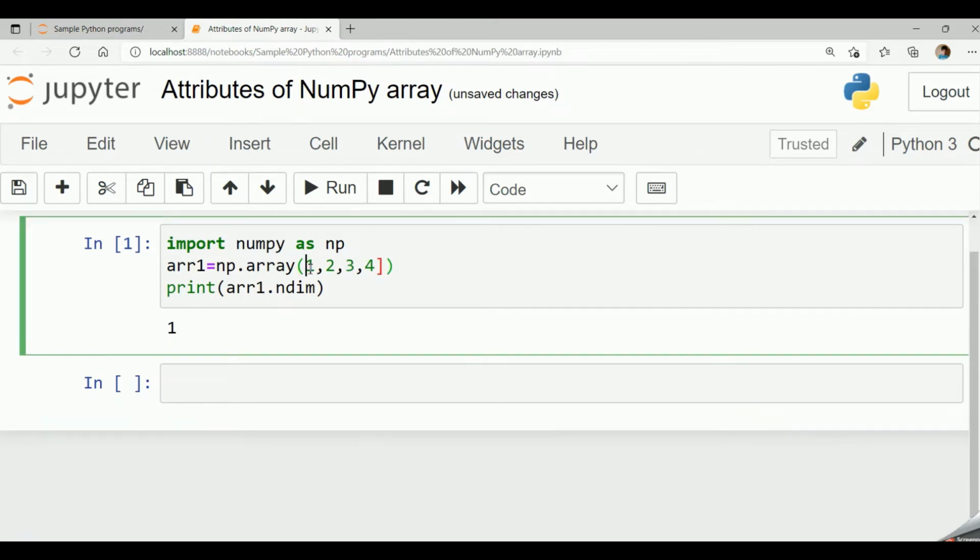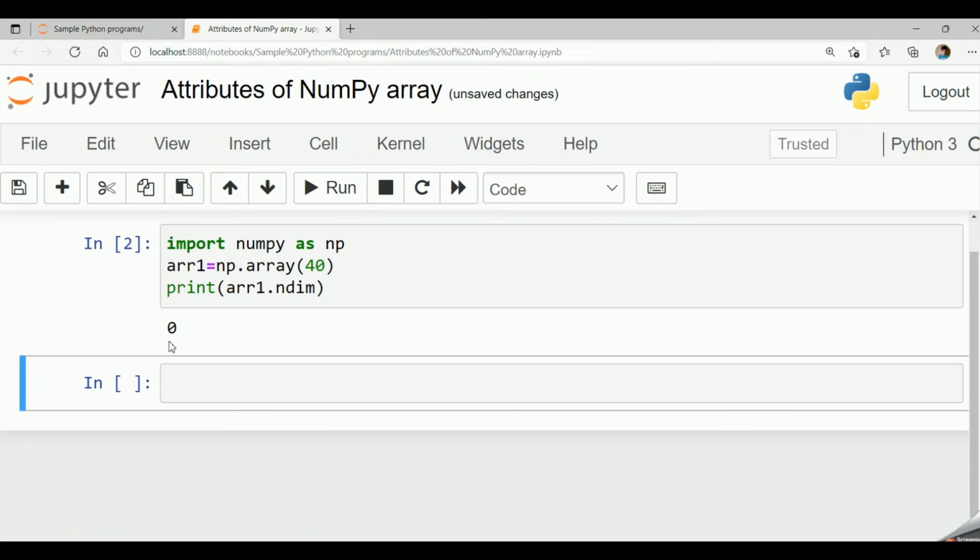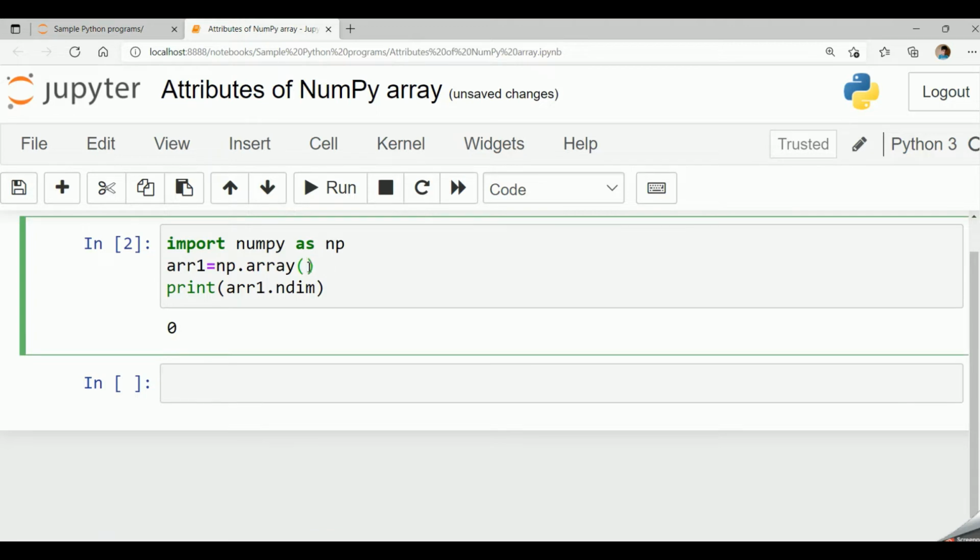Now let me take a 0 dimensional array. So I am passing a single element. Now when I run the code, I get 0 since it's a 0 dimensional array. Now let me pass another value 2, 3, 4, 5, 6, 7, 8.